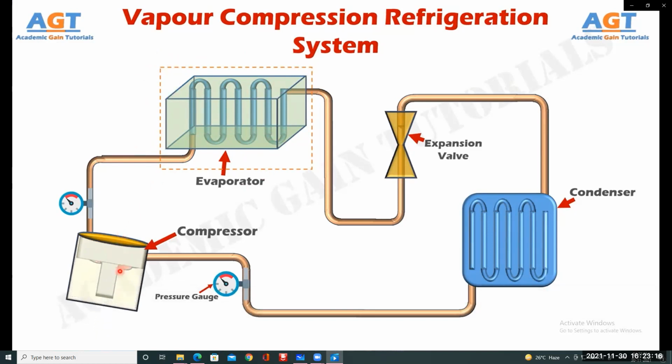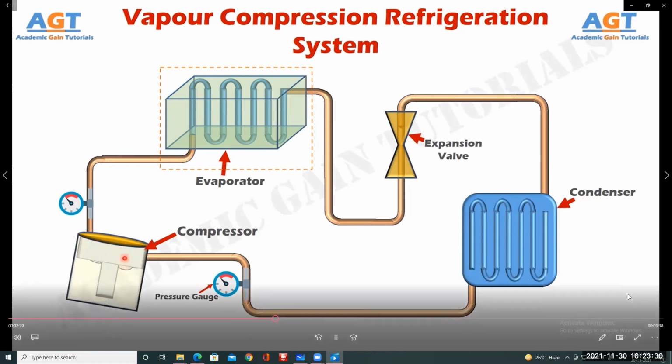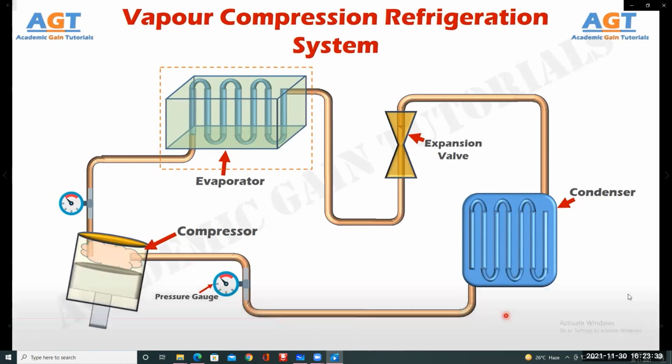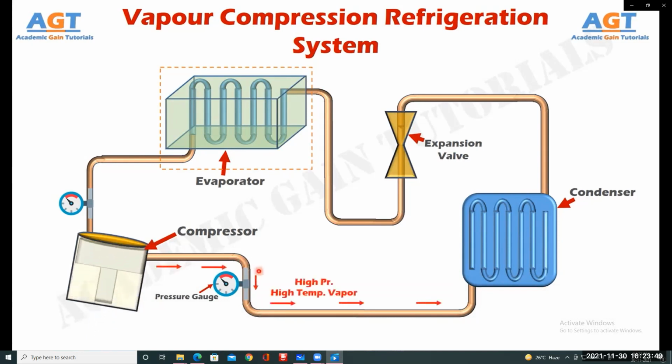So, let's see how this process works. First of all, the compressor starts working. The job of the compressor is to pressurize or compress the vapor refrigerant inside the compressor chamber. Here, in the vapor compression refrigeration system, we commonly use either ammonia or freon as a heat-carrying medium throughout the whole procedure. Now, we know that if pressure increases, it also increases the temperature. So, when this vapor refrigerant is compressed inside the compressor chamber by squeezing the vapor very tightly together, it will heat up. After that, this high pressure and high temperature vapor refrigerant will leave the compressor and enter the condenser through this connected pipe.